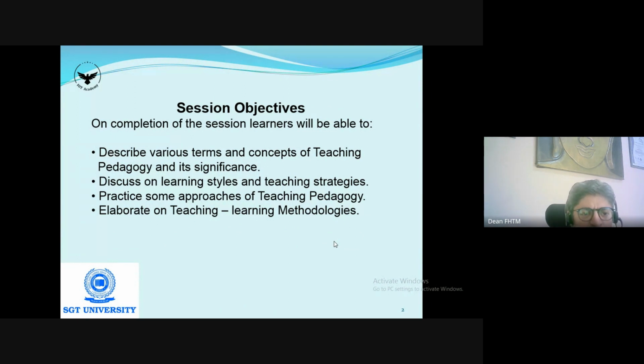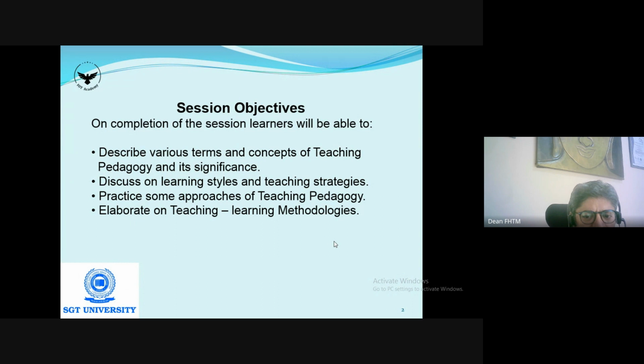The objectives for this session, I usually follow a method of teaching which is called WIN. So first we'll try to know what is it that we are talking about, which I discussed in the earlier slide. And in this slide, what is this session all about? So when you complete this session, of about 45-50 minutes odd,